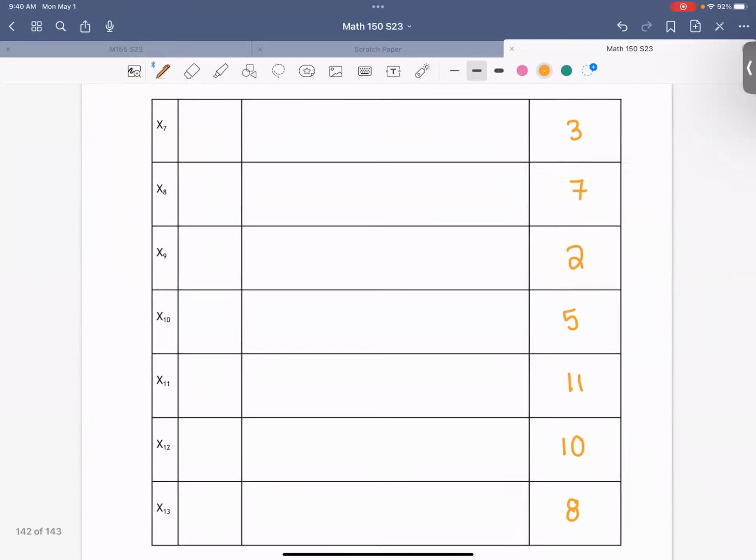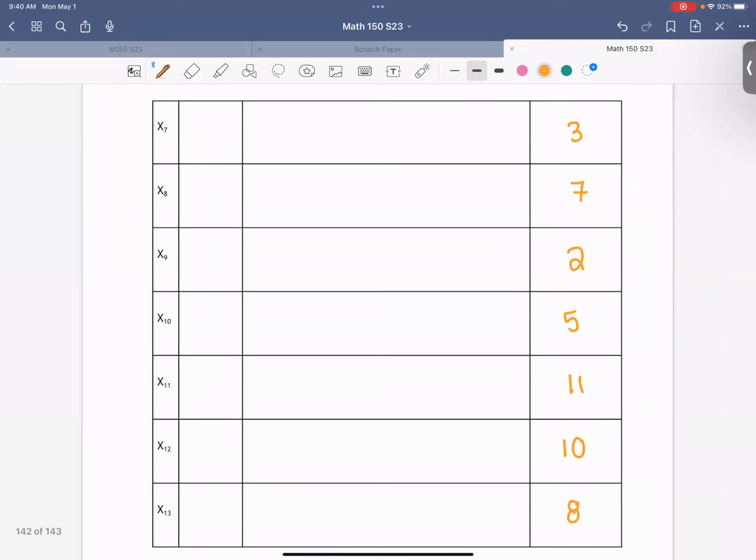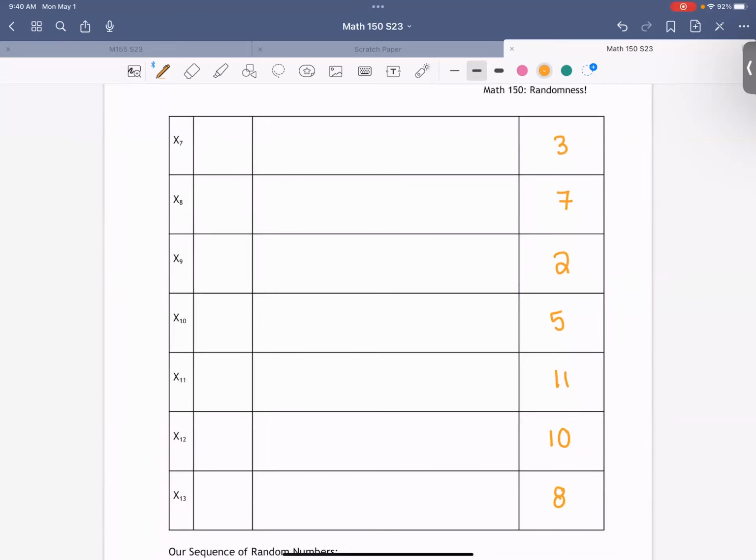Okay. I know that a lot of you are still working on this. I kind of just want to make sure we finish before class ends. But these are the rest of the numbers we got. And as I was walking around, I think everyone was doing the correct calculation, so I don't think I'm too worried about that. But this is the rest of our sequence. So what we actually did is we calculated 11 extra parts of our sequence.